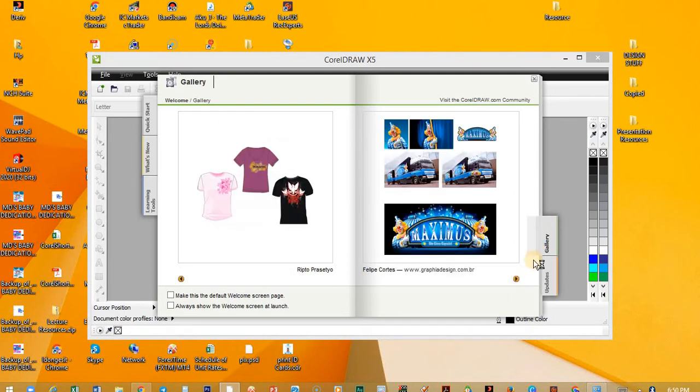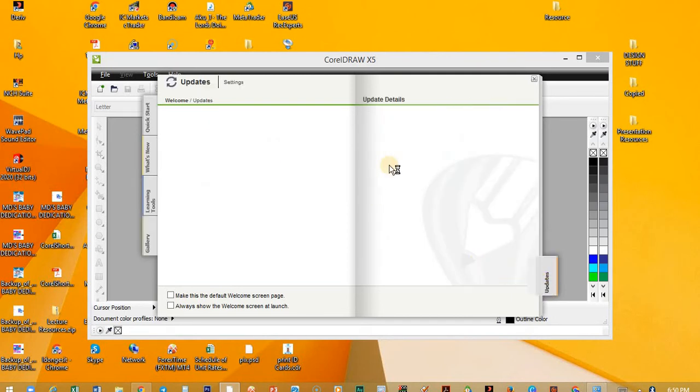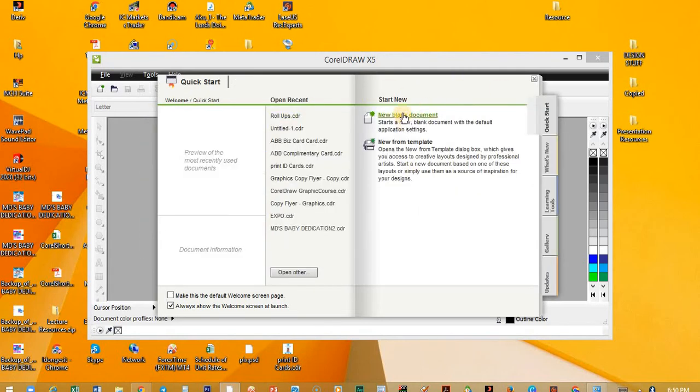Then finally, updates. If there's any updates, you will see. If there's no updates, you will not see. But for me, I don't recommend this updates part, so just forget about it, ignore it. That's just the welcome screen, and if you always want to see it next time, you check on it, and that's it. I want to get back to the quick start, which is the welcome home, to start my new